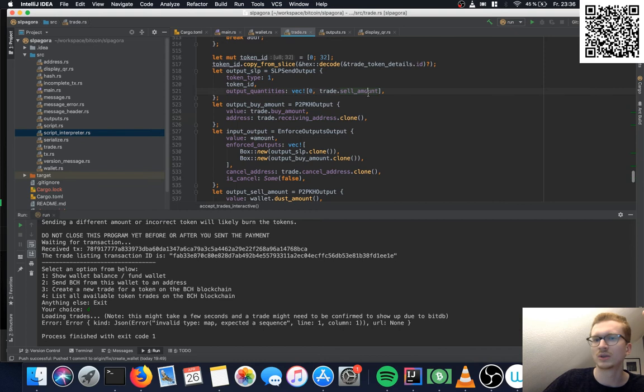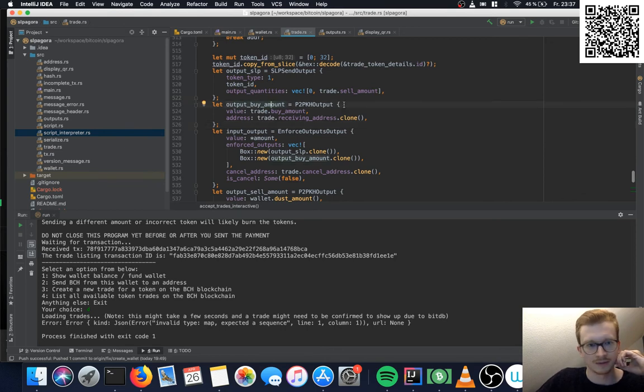To be fair, we don't really have to enforce that the buyer is receiving the money. I mean, he could just burn the amount and not send it to the second vout. But I think it's nice to enforce it, because if there's an error in the script, it will burn the tokens or send them to the wrong address. And this enforces that they can only be sent to this output.